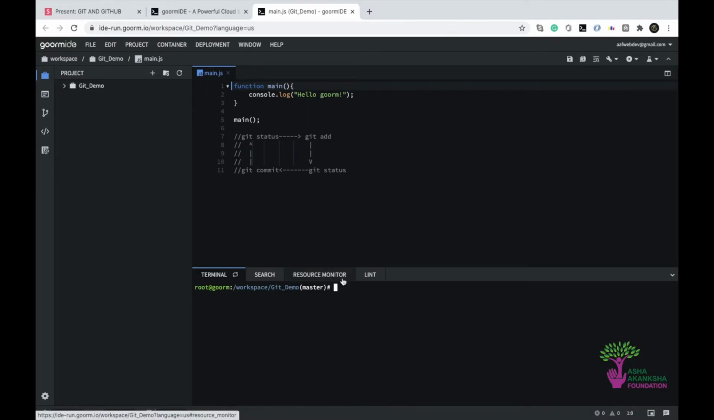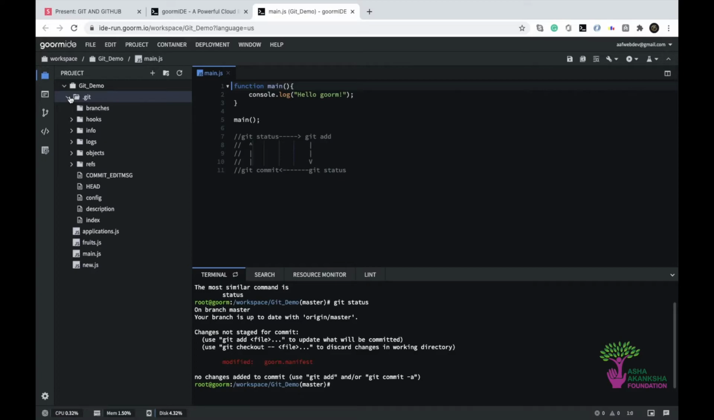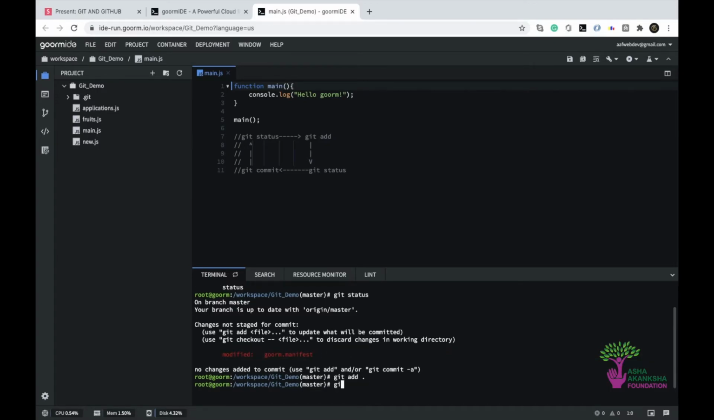So if I currently have, let's say I do git status, and they say I've modified the manifest. So ideally I do not want to track this file, and there's a way to ignore specific files that you want to ignore. But I don't want to get into that much complexity now. So I don't know what I've changed here, but I'll just commit this, right? So I'll do git add dot, git commit -m manifest